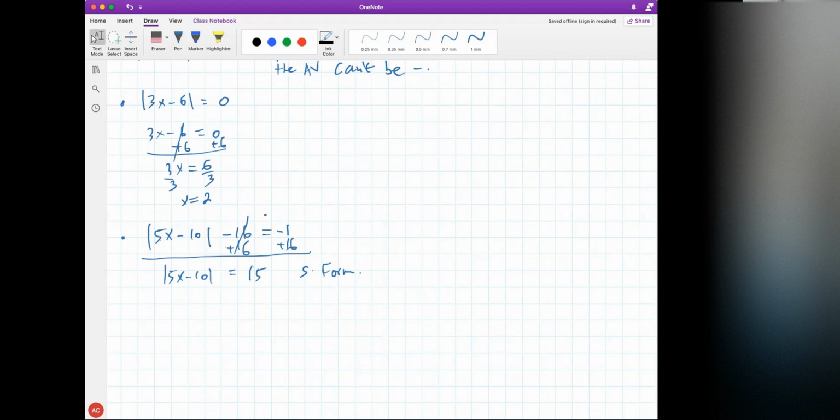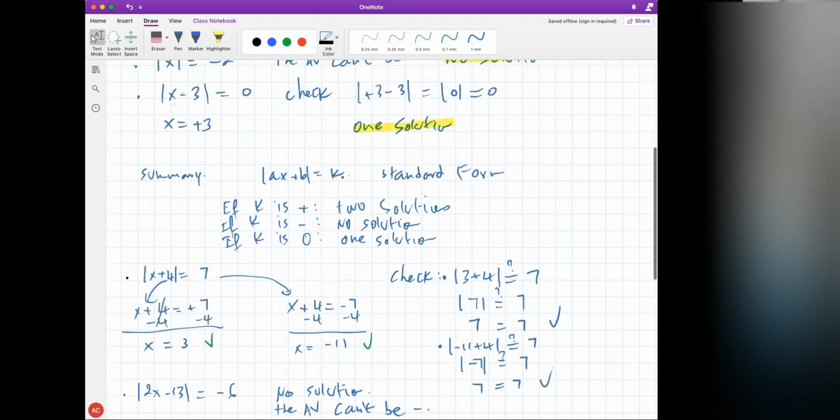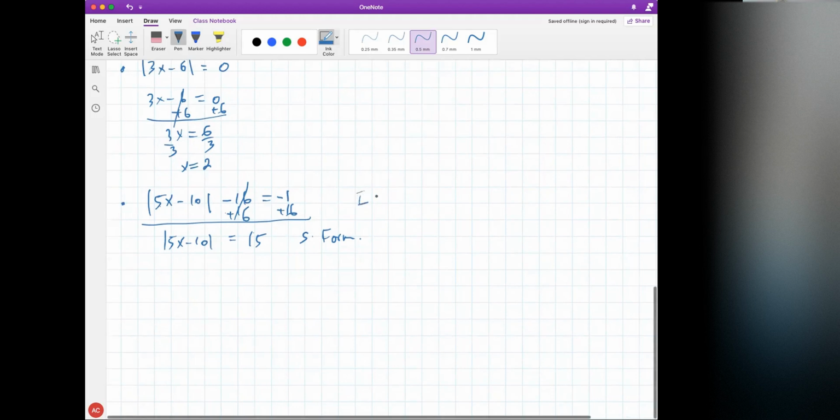How many solutions do we have? Two solutions. That's right. Because k is positive, we have two solutions. So now this is k. This wasn't k, but once you isolate it, we say we isolate